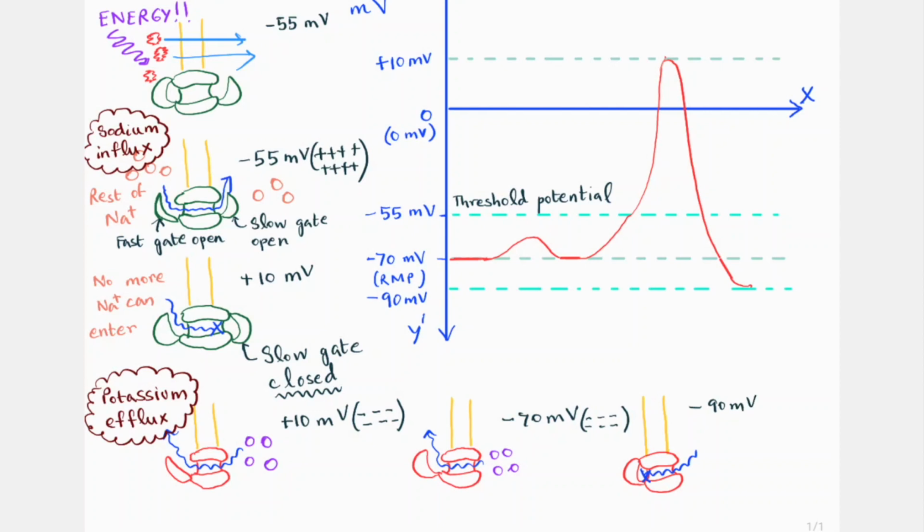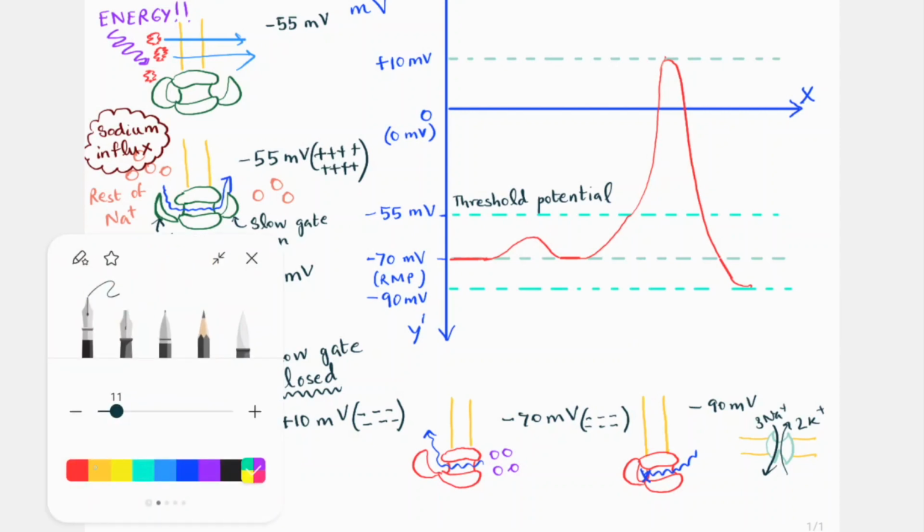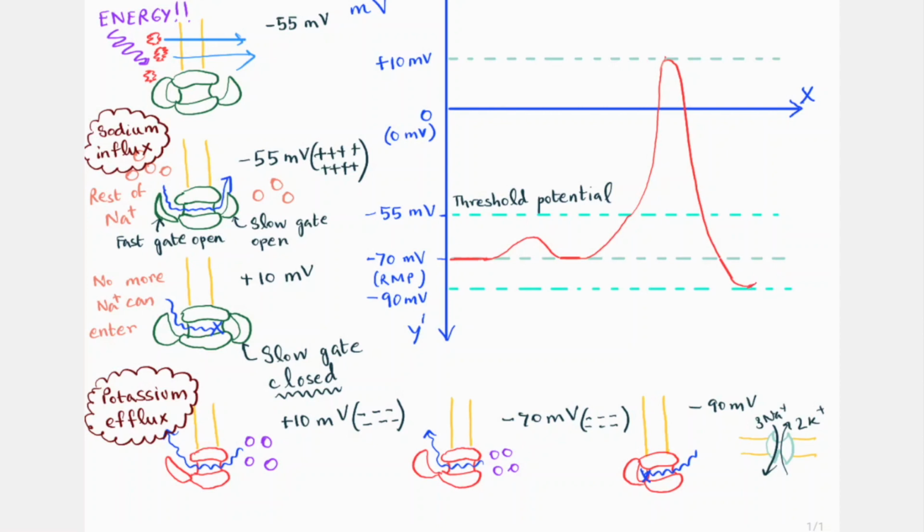Now what happens? The last piece of the puzzle is that there's the sodium potassium ATPase pump right there, right? The sodium potassium ATPase pump right here. And what it does, since it's got fewer K plus inside now than there was initially, it brings in two K plus and throws out 3 Na plus, and it restores the polarity of the cell, the polarization of the cell, and brings it back to minus 70 as it was initially.